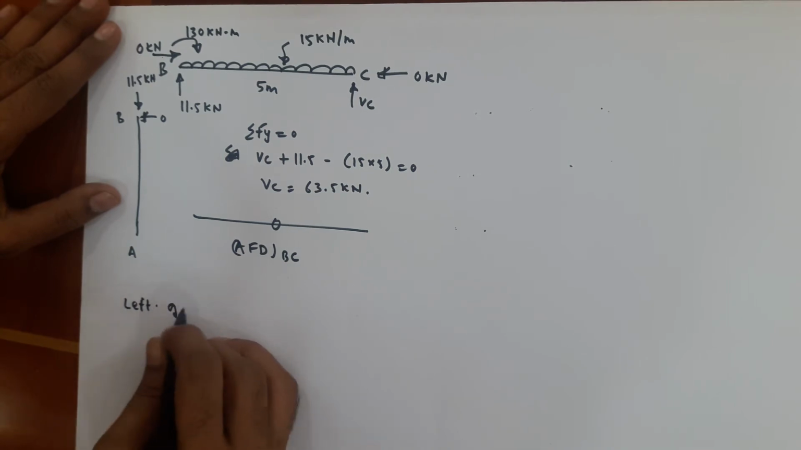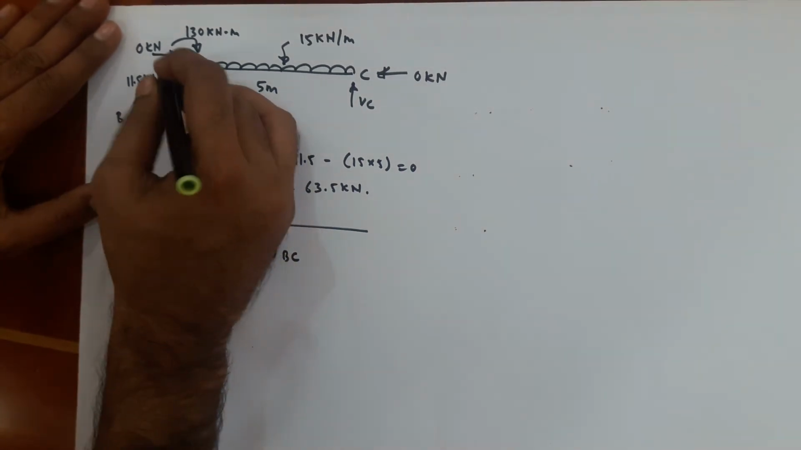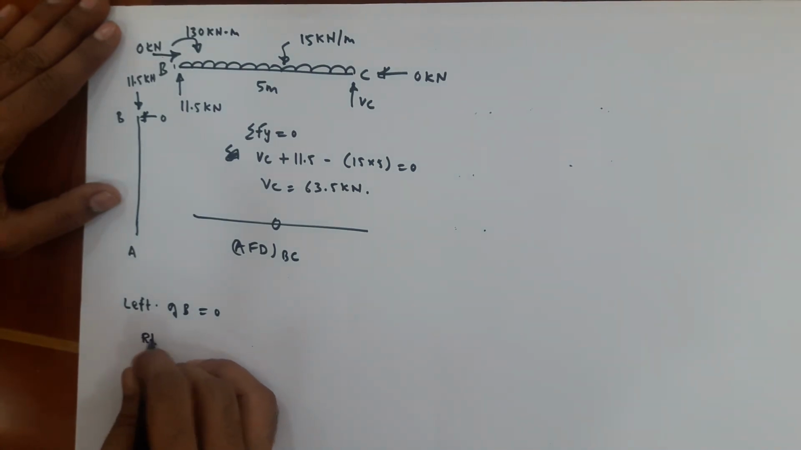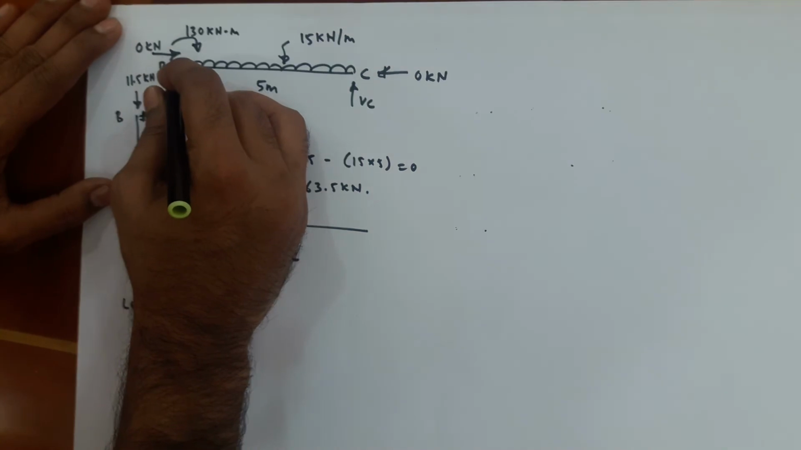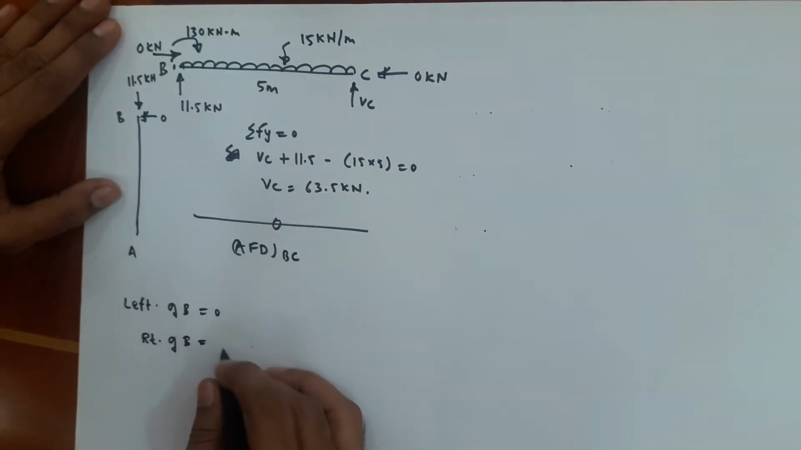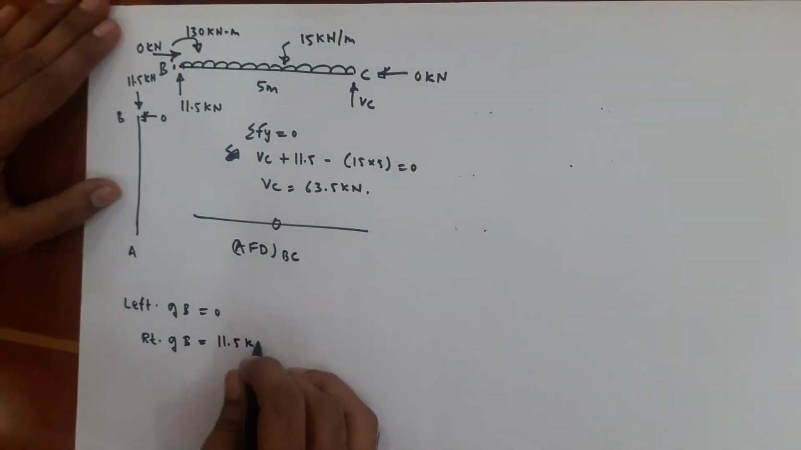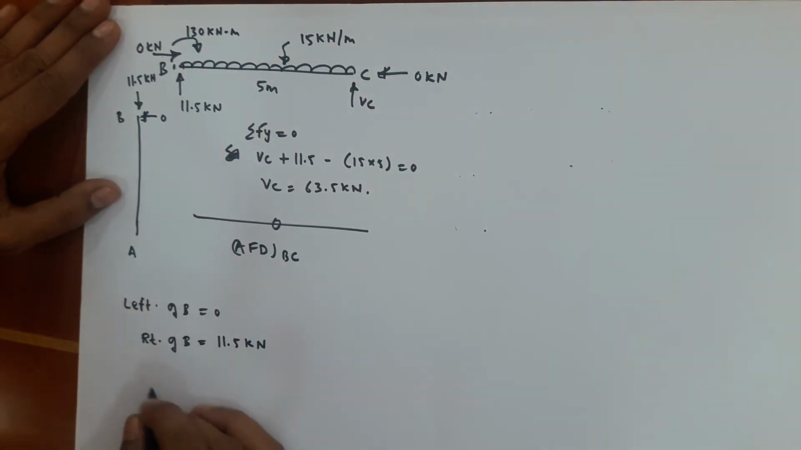Left of B, 0, no force. Right of B: from left of B to the right of B, one force is going upward, 11.5 kilonewton. Next point is